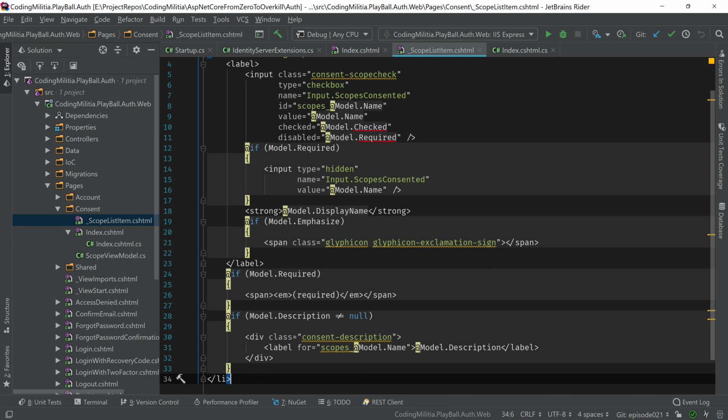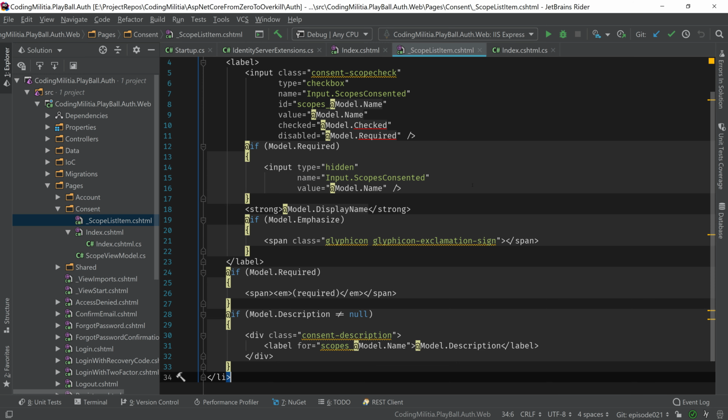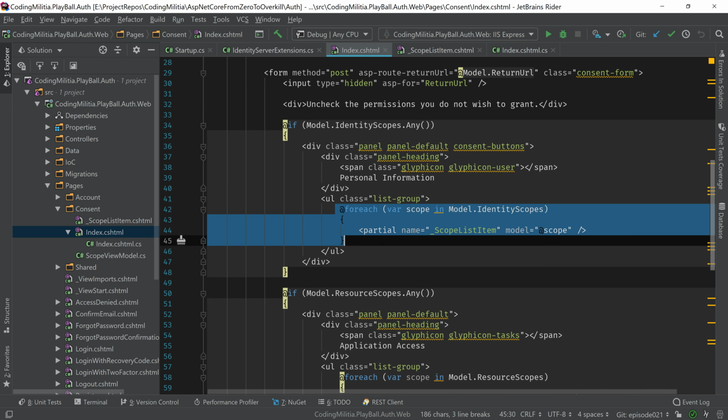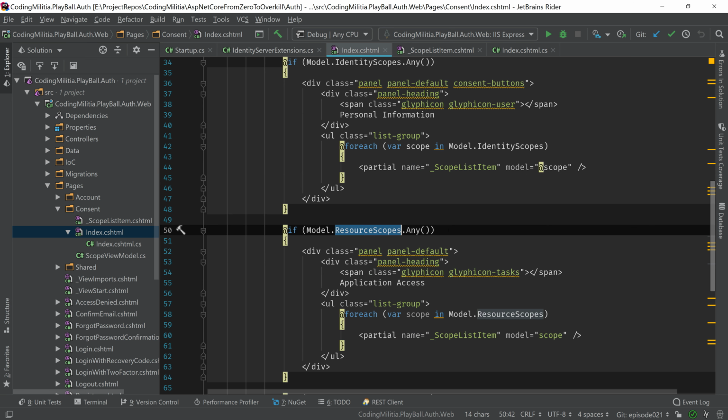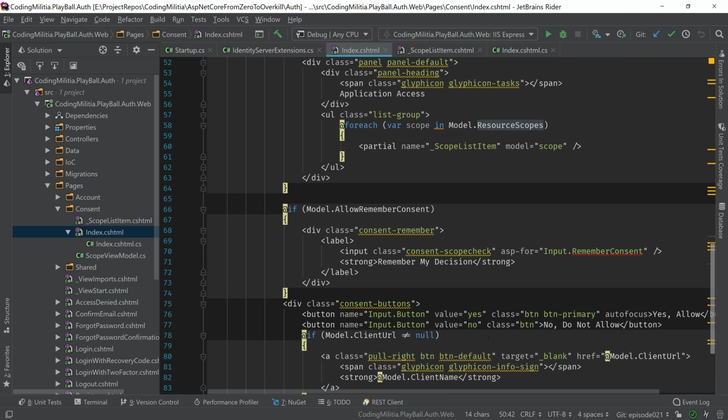The partial over here is just some shared to present information about each scope. So over somewhere the input and the display name, description. So back here, for each scope it lists that information,